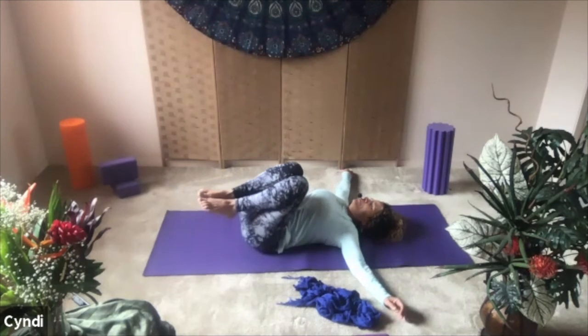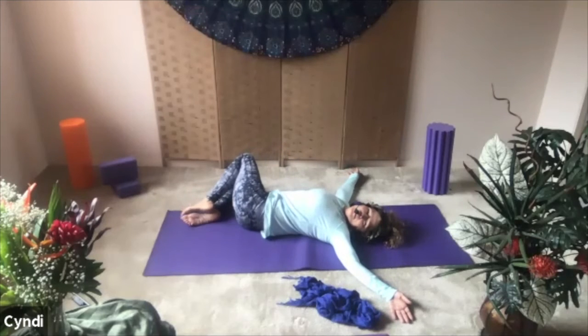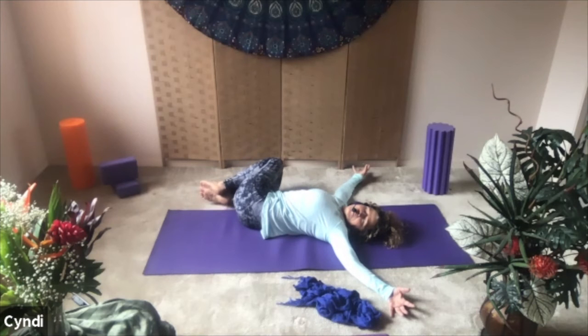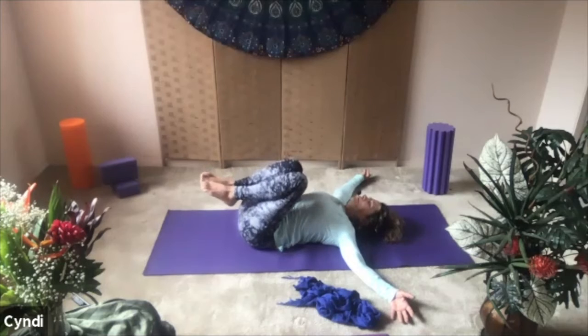And then let both knees roll all the way over and away from me. And then turn and gaze towards me. Get a nice reclined stretch here. Notice now as we draw the knees up into the chest, notice all the muscles working together to support that movement. And then circulate,